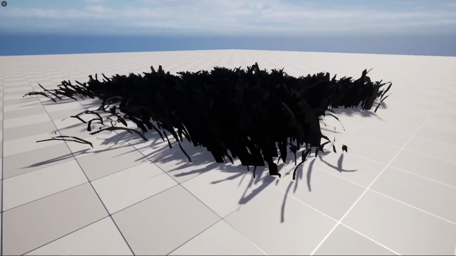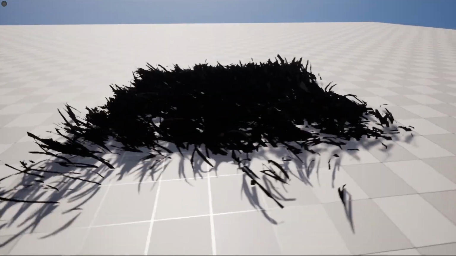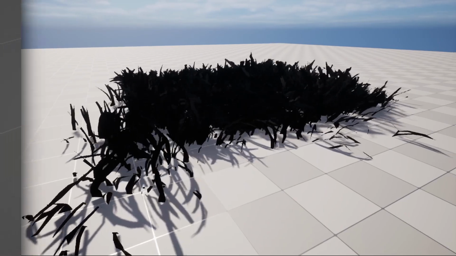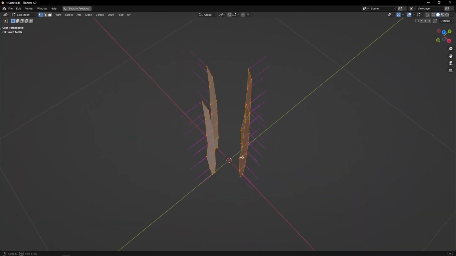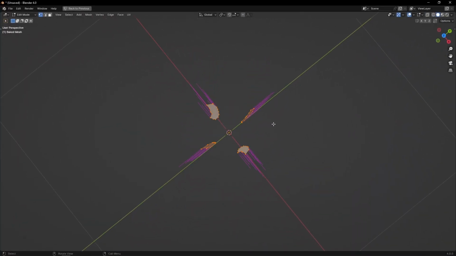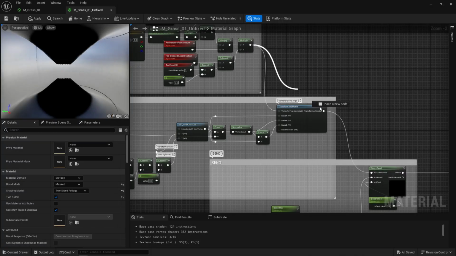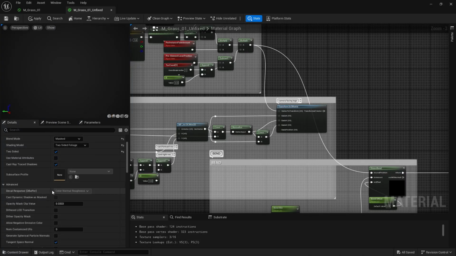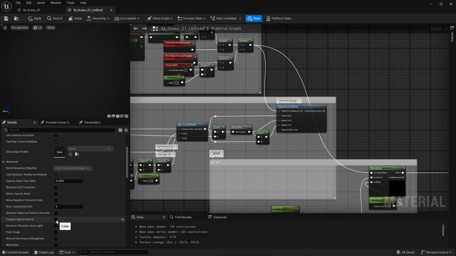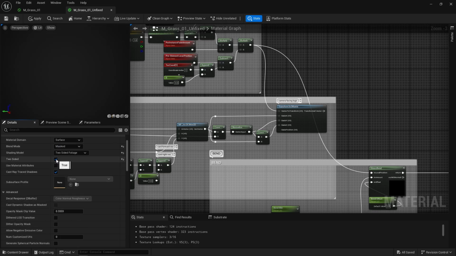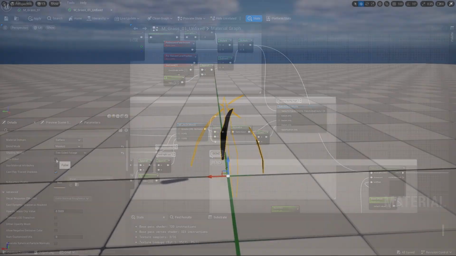Alright, let's give it a go. First things first, this is a bit too much to work with, so I'm going to create a much simpler test scene. I'm going to use a single mesh with just 4 cards and 4 directions encoded in normals. Then I'm going to disable the camera facing logic, make sure the material uses world space normals, and disable two-sided here, just to make sure faces are correctly oriented before I go any further. And turns out they are not,